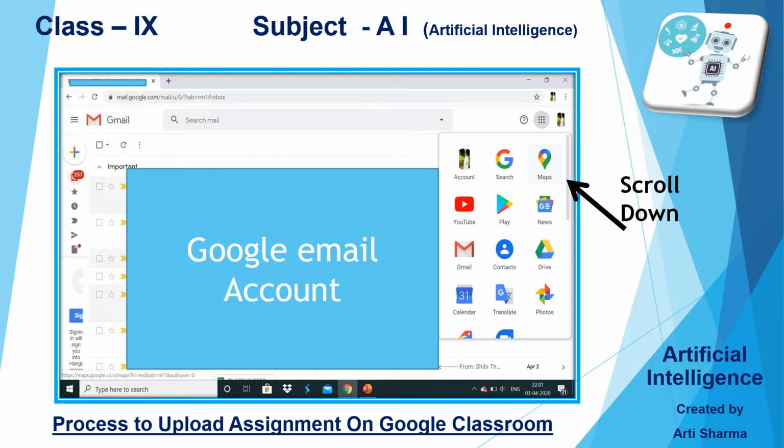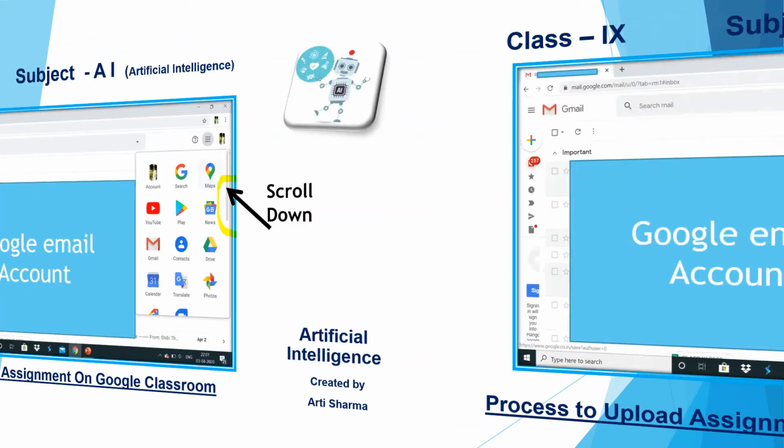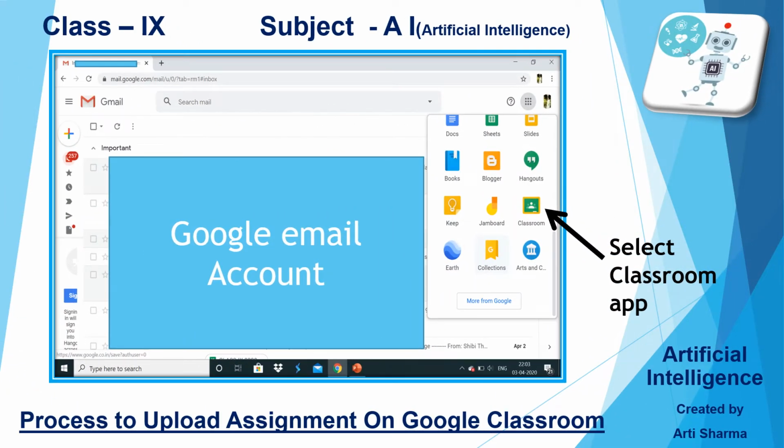To find Google Classroom, you need to scroll down. Can you see this arrow? With the help of this bar, we need to scroll down. As you scroll down, at the bottom you can see there is Google Classroom.